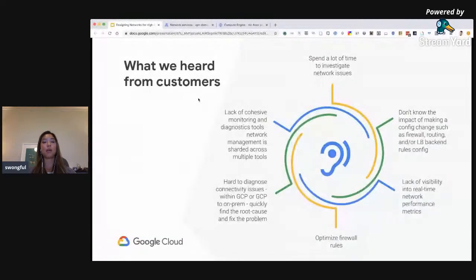Then you end up using a plethora of networking visibility troubleshooting tools and different tools for planning, different tools for optimizations, etc. And then on top of that, it's kind of hard to diagnose across environments. You end up setting up VPNs from different vendors. You might end up connecting different interconnects or partner interconnects. So resolving connectivity issues between on-premise and different clouds takes a really long time.